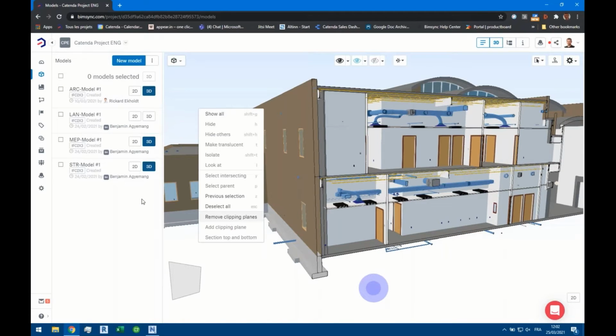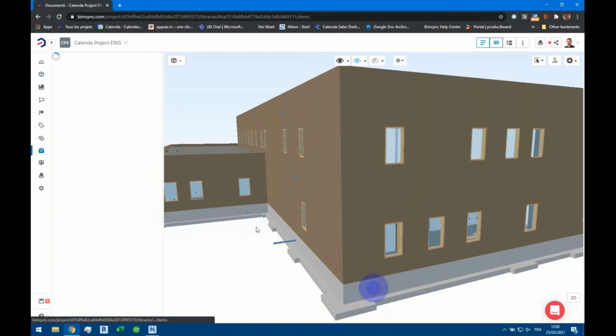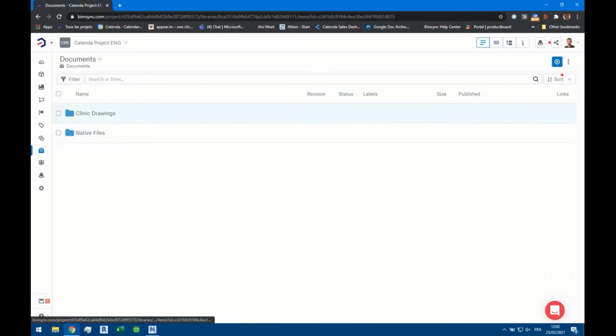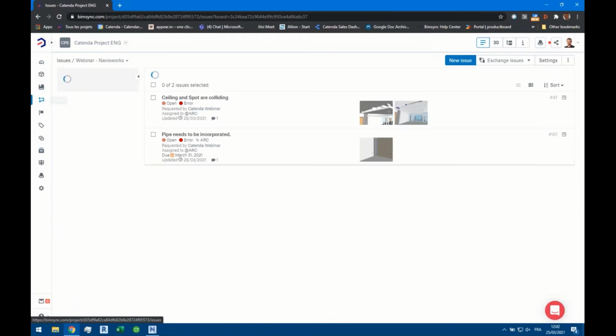Another area is the document section. So you can upload your documents, display them, and now you can also annotate these documents, but we will have a webinar on this very topic later on. And the third part, and it will be the core of what we will discuss today, is